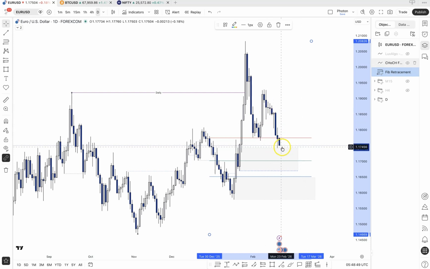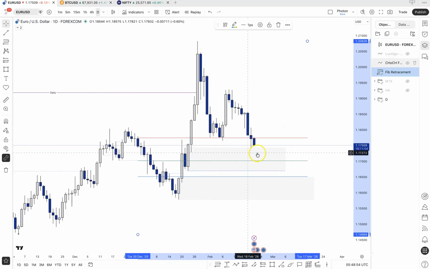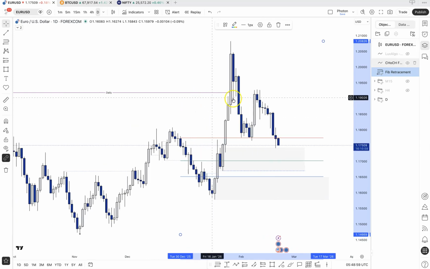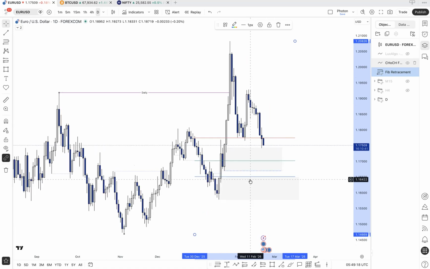So it's a reasonably deepish pullback, but I also see this is a reasonably strong demand zone. Why? Because it led to a break of market structure, and if you really want to go down, then this is a deeper demand zone, and if the price comes down over here, it's going to be an even deeper pullback. Whether price reaches here or not is not for us to debate, but our job is to be reactive to how price action reveals its cards. So that's as far as the daily is concerned.